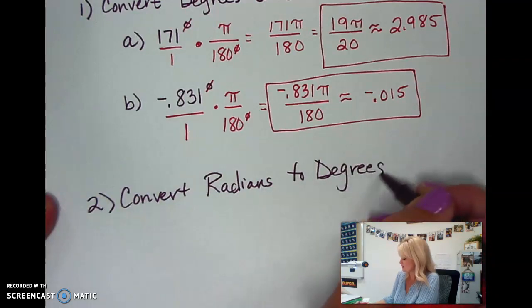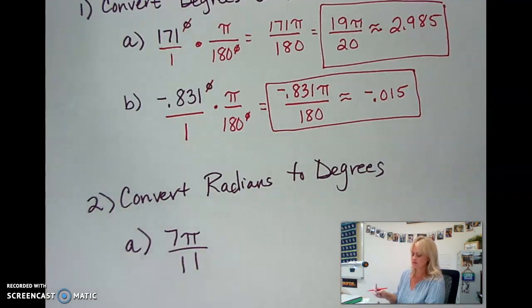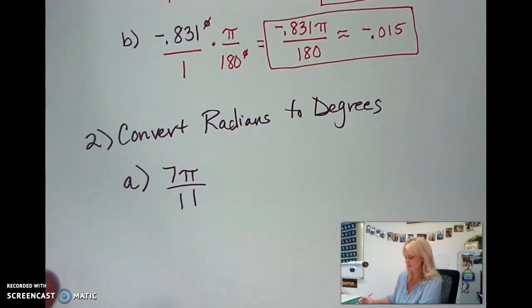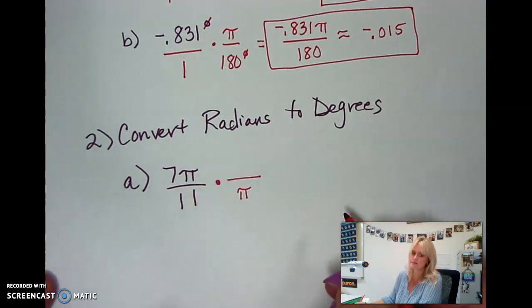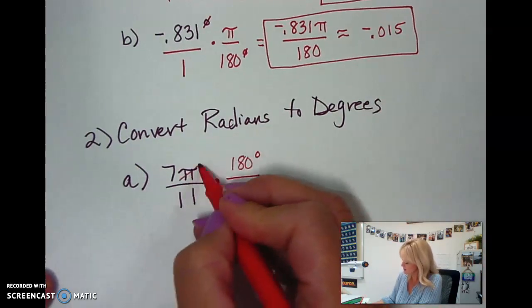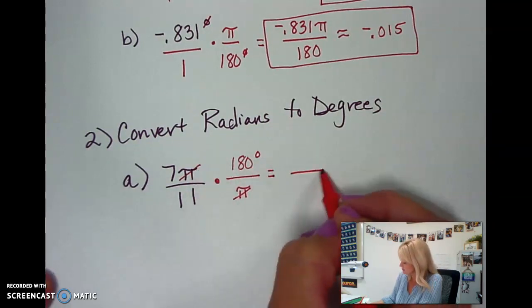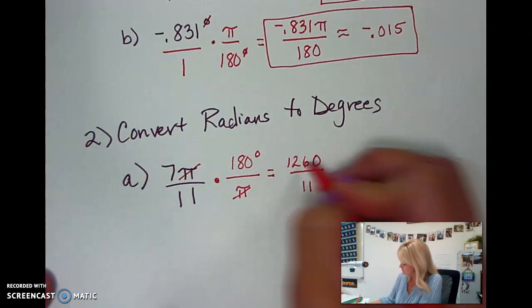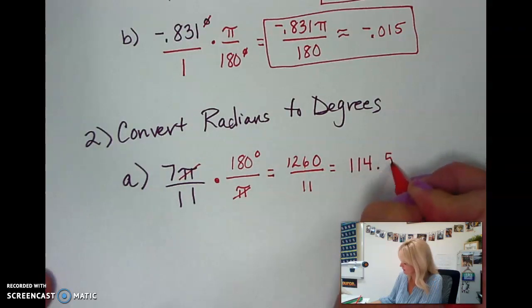This time, remember our conversion factor, we want to get rid of pi. So if I have 7 pi over 11 and I want to find the degrees, I'm going to get rid of the pi symbol. So pi has to go on the bottom and 180 degrees on top. So if I have a pi on the top and a pi on the bottom, they cancel. 7 times 180, and then divide that by 11. And when you do that, you end up with 114.545